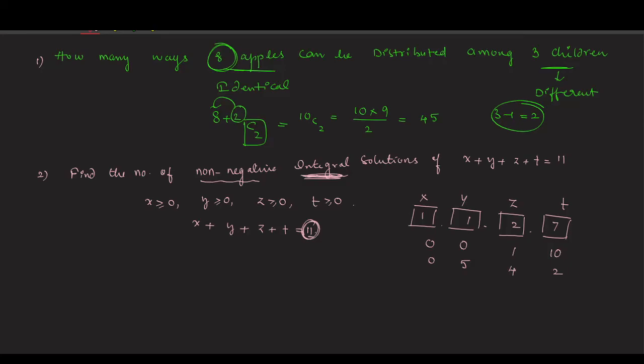Why different boxes? Because of x, y, z, t, different variables we have. So different boxes you can suppose, and 11 means 2 ones, 3 ones, 4 ones, right? 7 means 7 ones. So indirectly 1 1 1 1 1, 1 1 1 1 1, and 1. So 11 ones, how many ways you can distribute? Nothing but 11 identical objects into 4 different boxes. How many ways you can distribute? So the answer is what? The number of separation symbols is how many? Boxes are 4, so 4 minus 1, which is how much? 3 separation symbols. So we write simply C3, and these 3 will be added to the objects. How many objects are there? 11. So 11 plus 3.